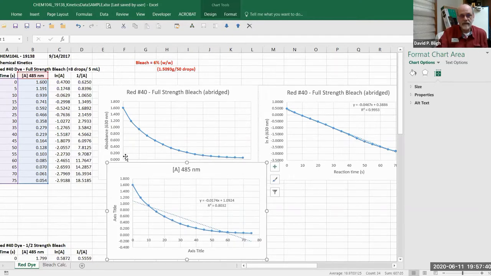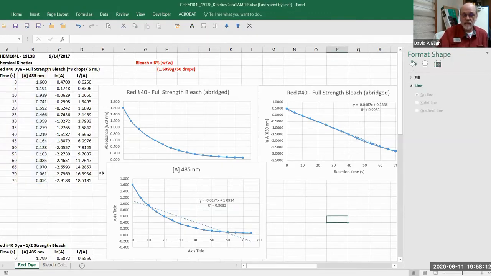Right? And, okay, the natural log, we're actually using the wrong, see, I've got the wrong wavelength input here. So that's an improper description. That should be absorbance at 435 nanometers, 485 nanometers, I think. Yeah, there. So that's an improper description. I need to change that. So how do we